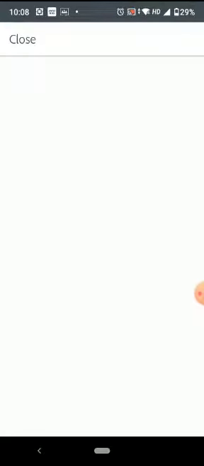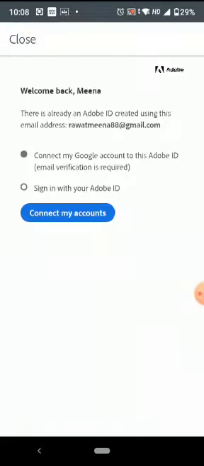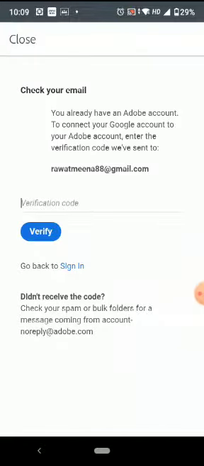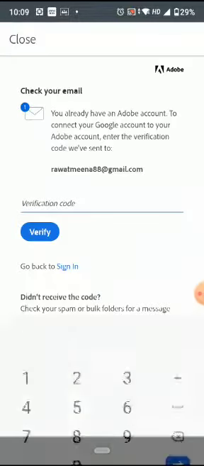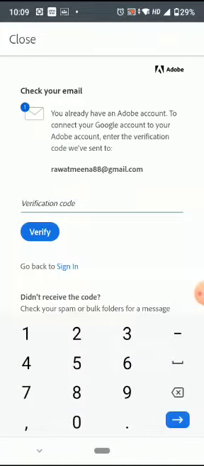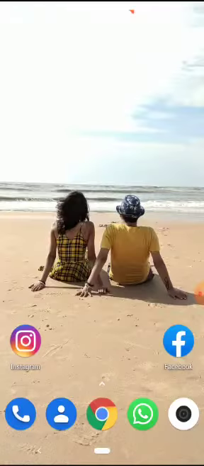It will ask for the account only for the first time, and then you have to select this connect my Google account to this Adobe ID. Connect my account, and then it will send you one code in your registered email ID. So I go to my this email ID.